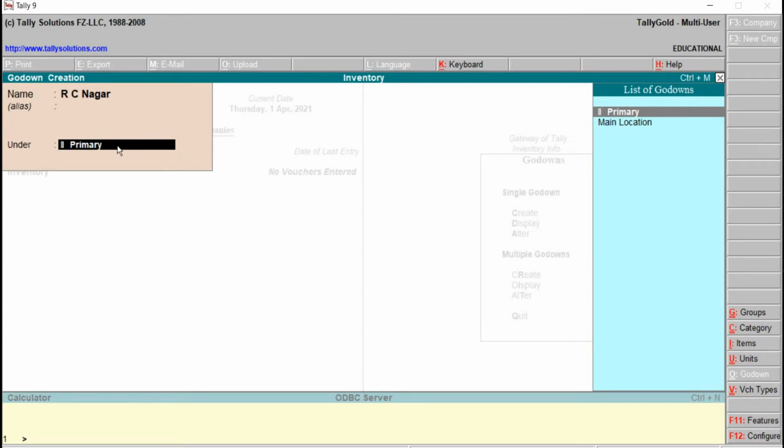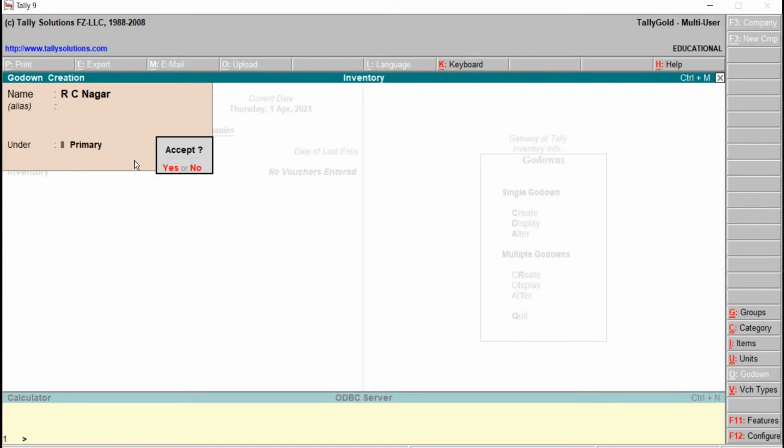Here we can specify even the parent location or the godown if it is created, or else if it is not created, we can go for creation of this one by pressing Alt C. Or if it is not available, we can set even to the primary also. Later we have to go for saving. Enter, accept question mark, press Y from the keyboard, right?